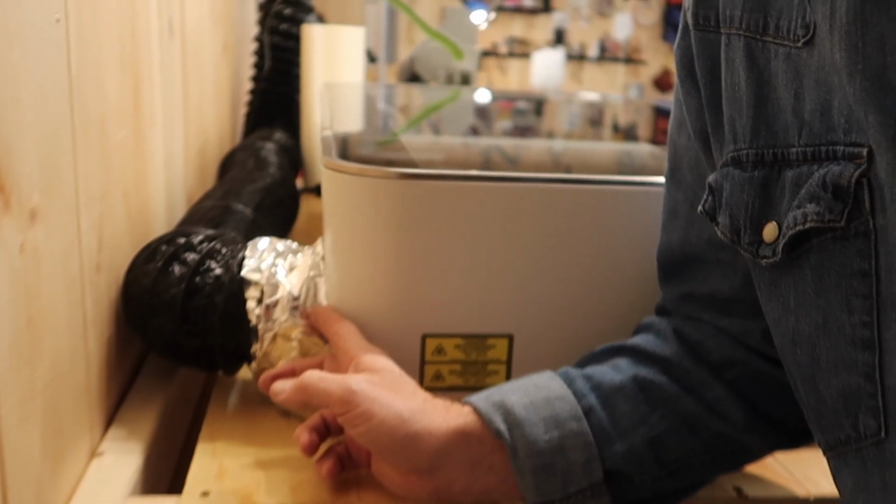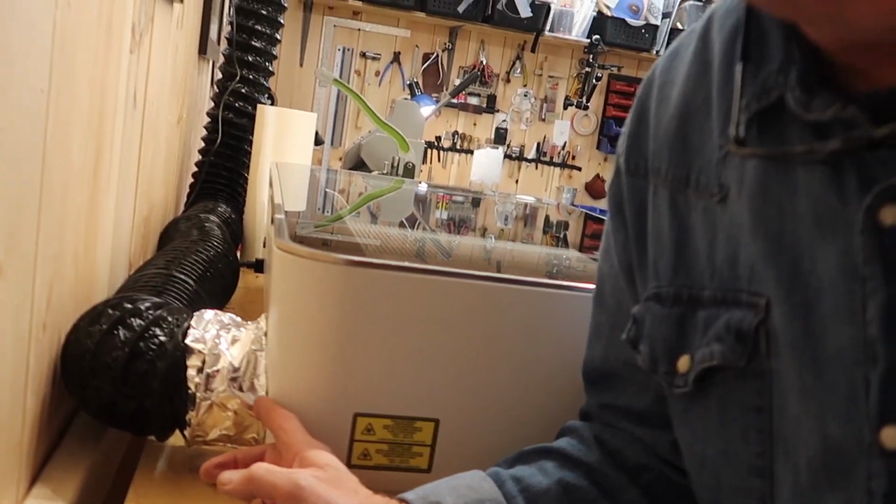So what I did is, because I don't have a window down here in the basement, I researched online, and I had to buy a whole bunch of extra parts to get this thing vented to a window. So the very first thing I did is that on the back of the Glowforge machine, it comes with